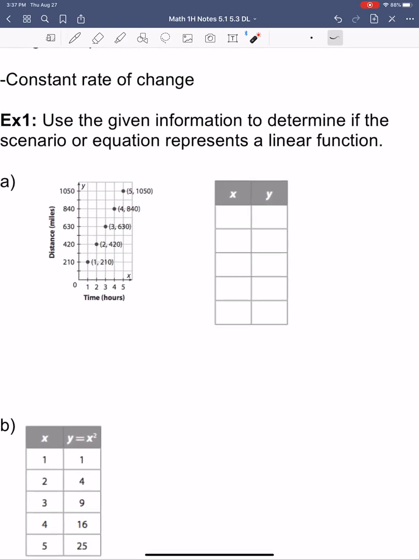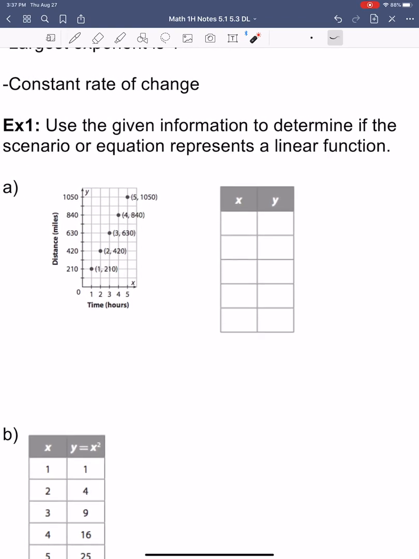So scrolling down here, it says use the given information to determine if the scenario or equation represents a linear function. So I'm going to go ahead and input what I have from the graph into my table. The x values, it looks like they go from 1, 2, 3, 4, and 5. And then my outputs, my y values here, looks like we have 210, 420, 630, 840, and